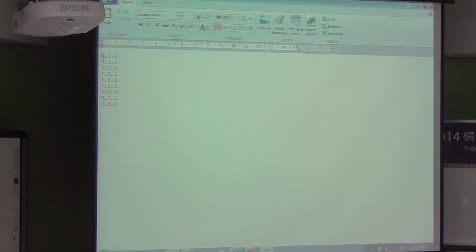So this first column of numbers represents the value on the x dimension. The second column of numbers represents the value on the y dimension. And the third column represents the category that the stimulus belongs to. So 1 here indicates that it belongs to category A. 2 indicates that it belongs to category B. So if the stimulus dimensions are numbered 0, 1, and 2, then 2, 2 is the one in the upper right corner.